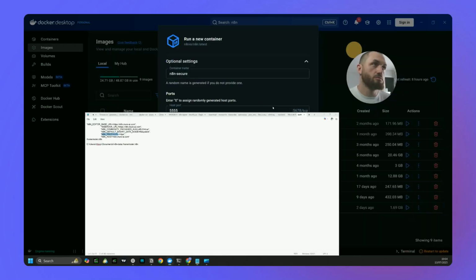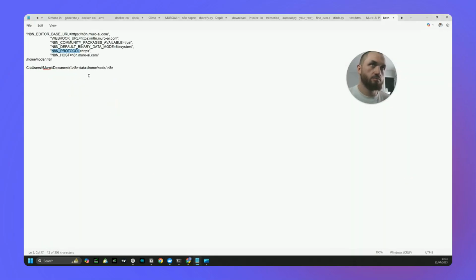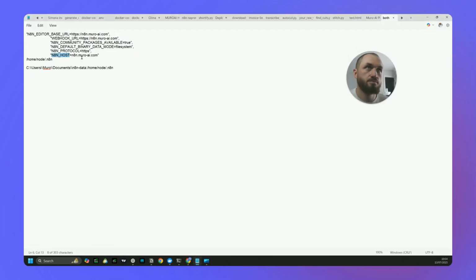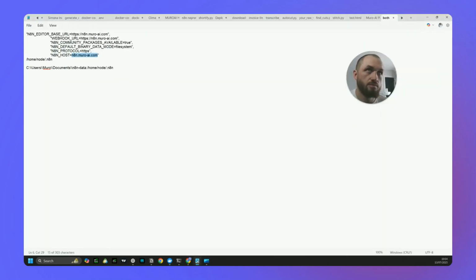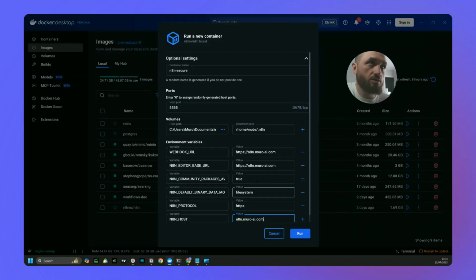N8N protocol: it's HTTPS. And N8N host: it's going to be the host link. And this is it. When we click run now,